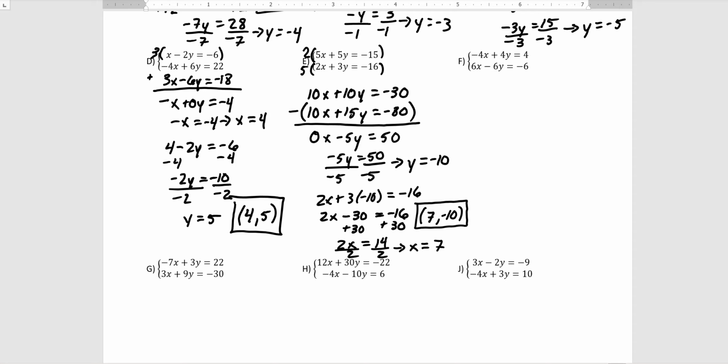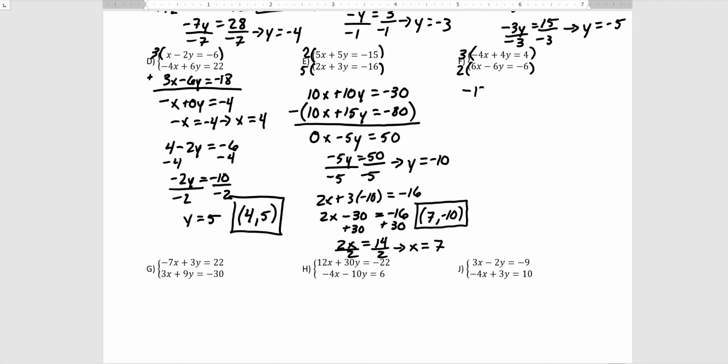All right, let's do one more together, and then I'm going to have you try some on your own. Let's look at letter F here. Negative 4x plus 4y equals 4. 6x minus 6y equals negative 6. Well, I can't multiply 4 times an integer to give me 6, so let's multiply both of these equations here. Now, what is a common multiple of 4 and 6? 12. So I can multiply this top equation by 3, the bottom equation by 2, and when I do that,